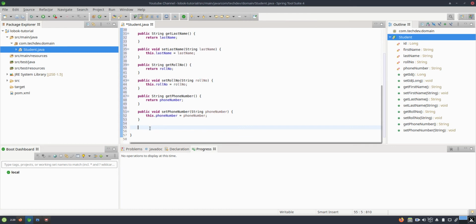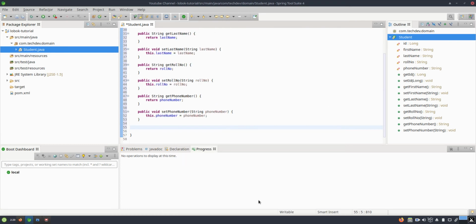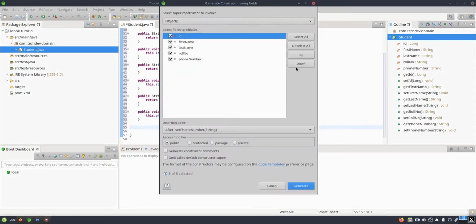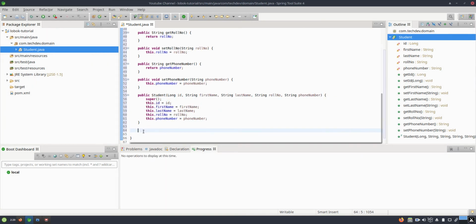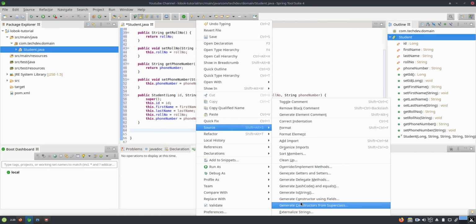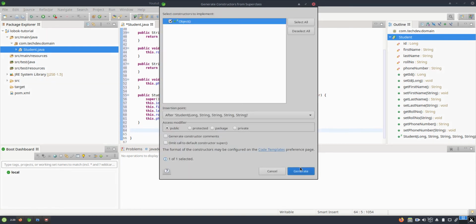Now we will go for the constructors. Once for the parameterized constructor, and then we will create the normal constructor without any parameter. So let's create a parameterized constructor, generate. Now let's create a non-parameterized constructor, that is a default constructor from the superclass, generate.